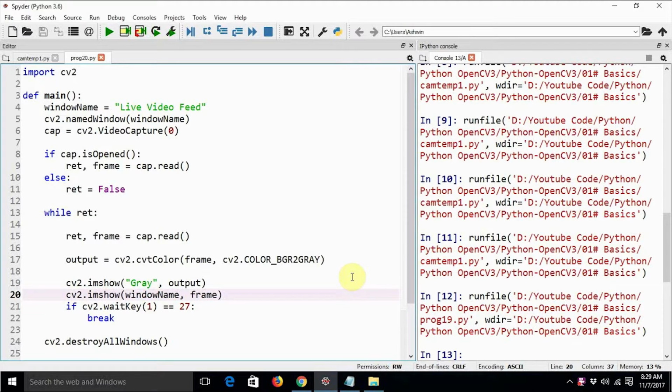In the last video tutorial, we saw an interesting example of how we can capture and display the live video feed, and how we can then process it with OpenCV and Python 3. So in this tutorial, we are just going to get a bit deeper into this webcam stuff. Till now we have been working with the default resolution of the webcam.